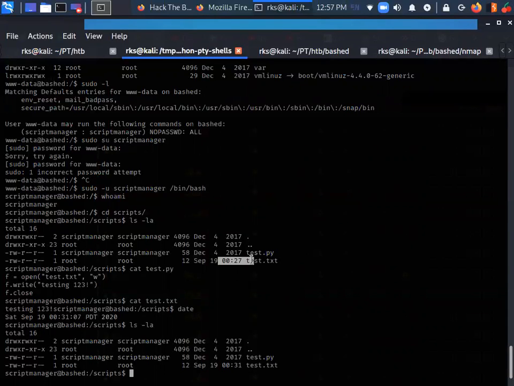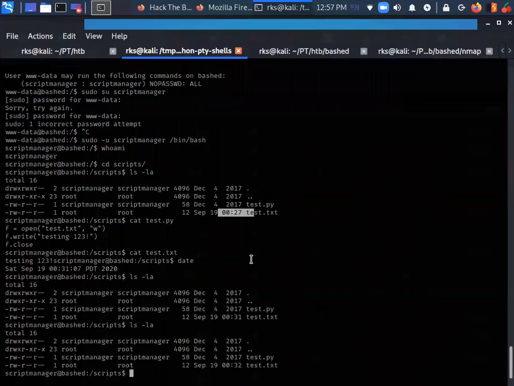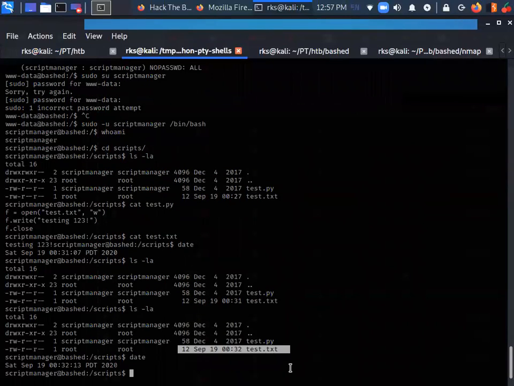I can just do ls -la again, and you can see the file modification time changed. So from this point, what I can think of is, what if I replace this Python file with my malicious Python file, my malicious reverse shell, let's say, with my shell file?